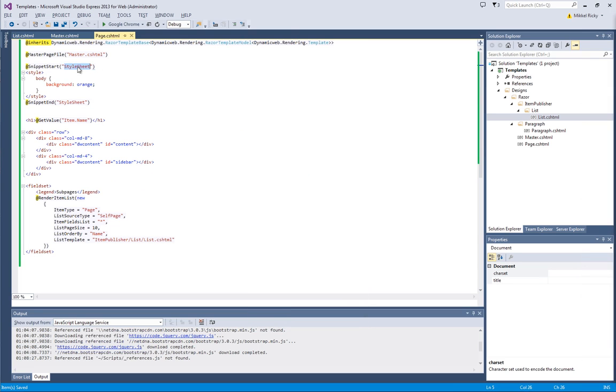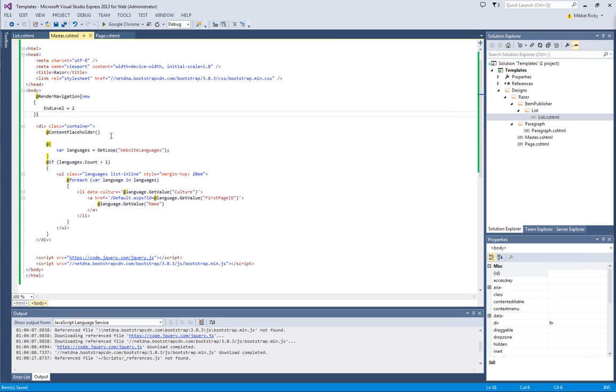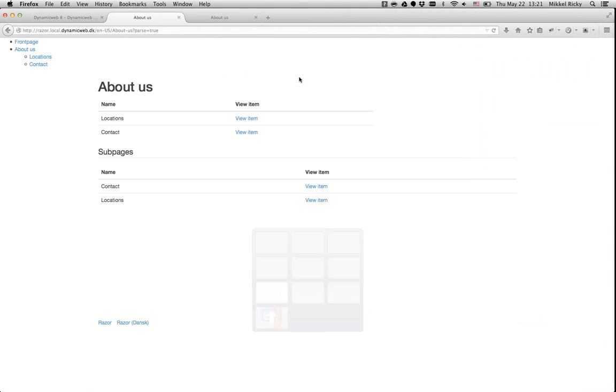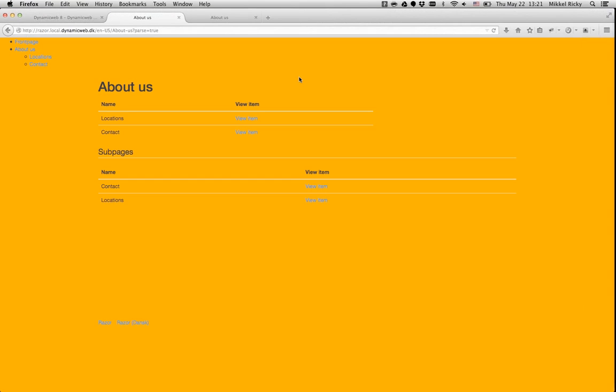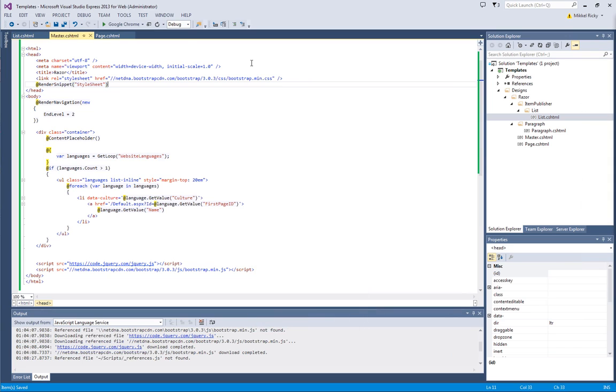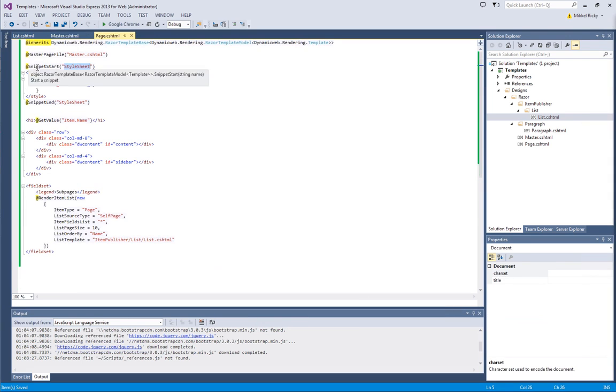I'll just try to see if I'm getting confused by this. So up here I have defined a snippet. Then in my master template I will render my snippet and of course pass it the same name. So now I have it. Basically what this does is that I add this snippet start and snippet end, and this is exactly the